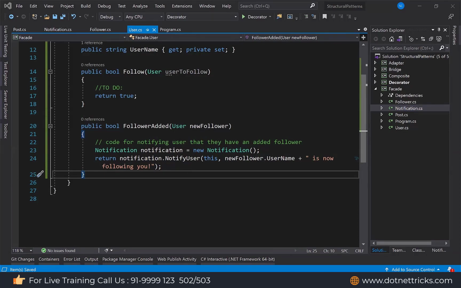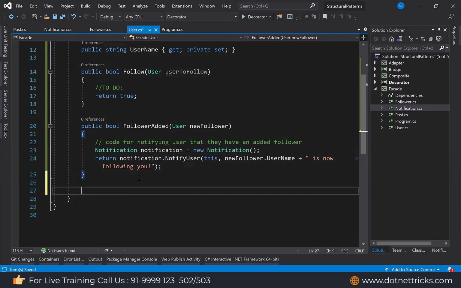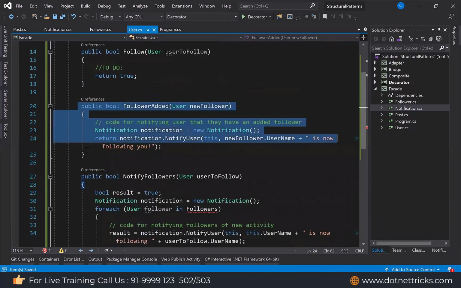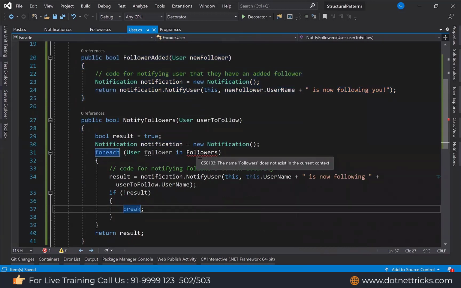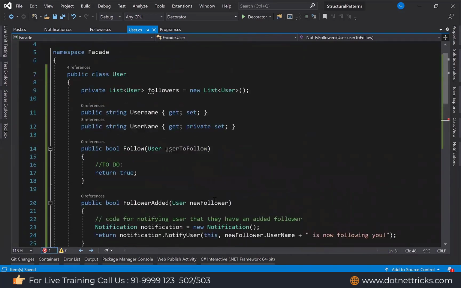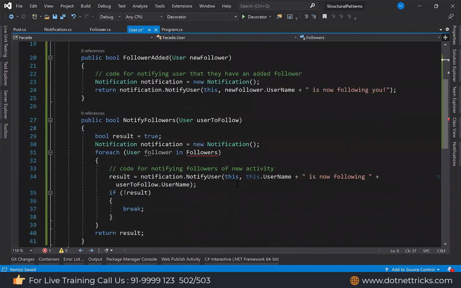And we have another method also, notify to the followers. So the followers of that user also get notified. So notify to the followers. This is the information that followers have been added. This is about followers getting notified. So let me mention the correct list over there. Followers.